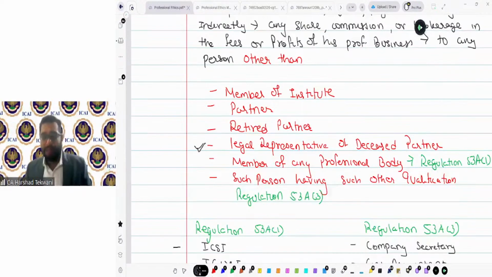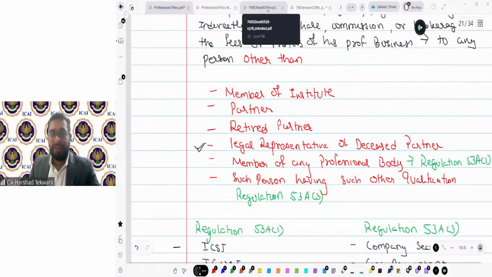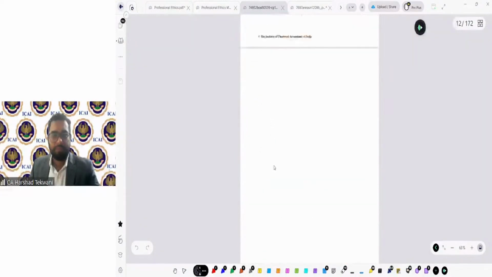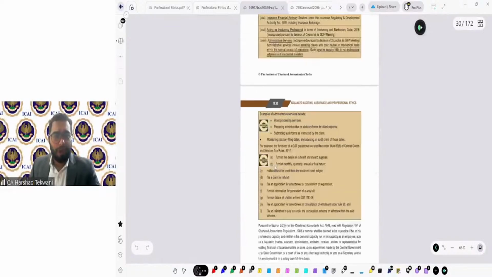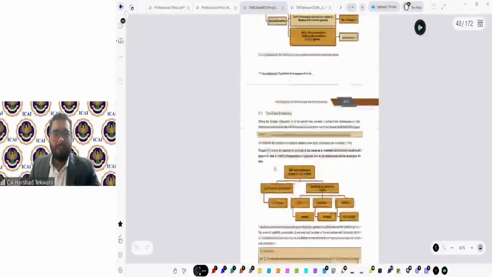The council has come up with a decision, and based on that decision, there is an excellent flow chart which is already given in the material. So let us see that flow chart directly, because that is a very interesting one. That is on 19.46 of your new study material, 19.46.